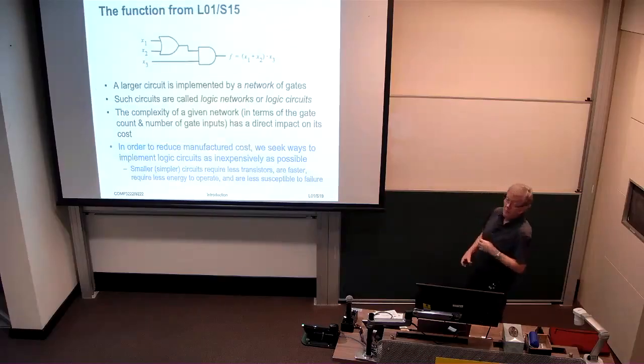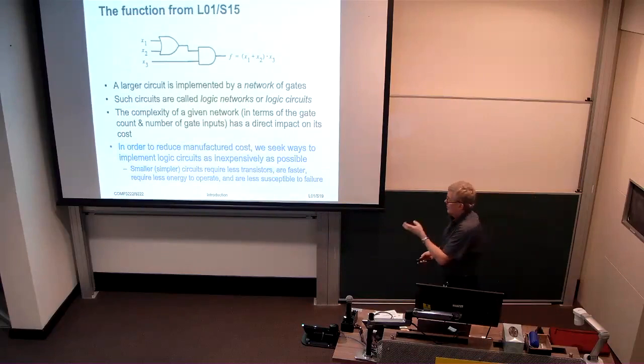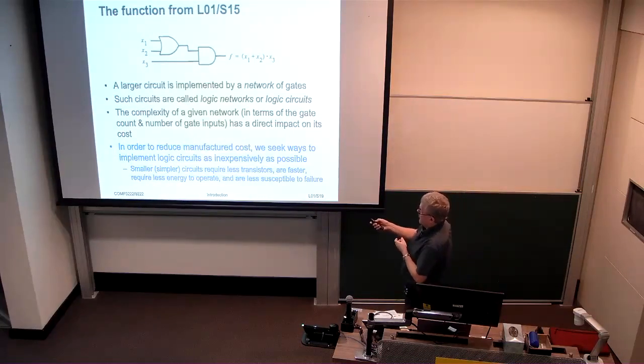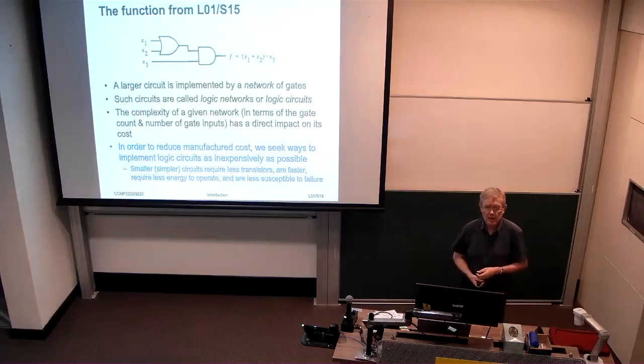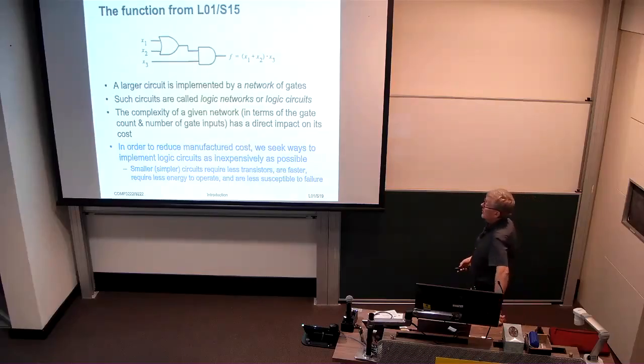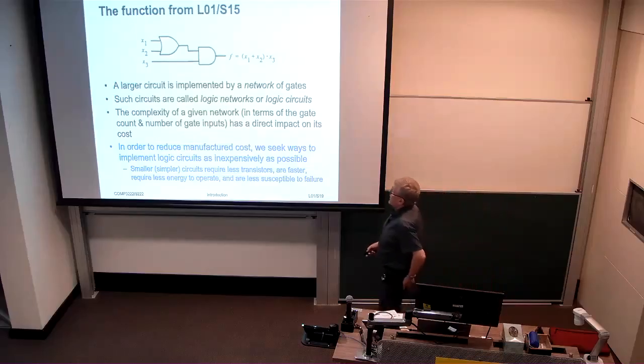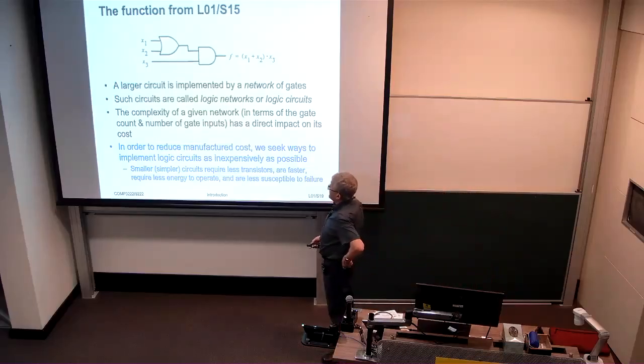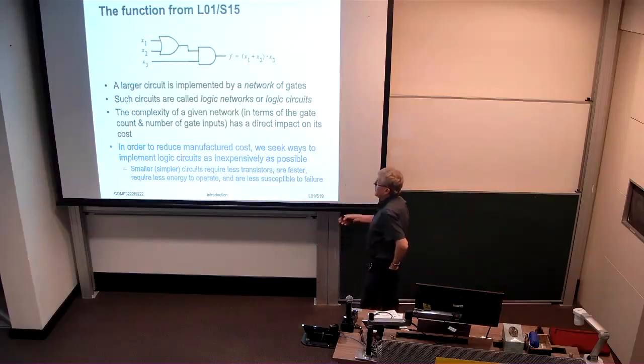All right. And then we can build networks of these gates together. So for example, that circuit that we figured out before that had the two switches in parallel in series with the third switch, that could be represented by this logic diagram up the top here. I hope you can see that. So we have x1 or x2 being ANDed together here with x3 to provide this function. Right?